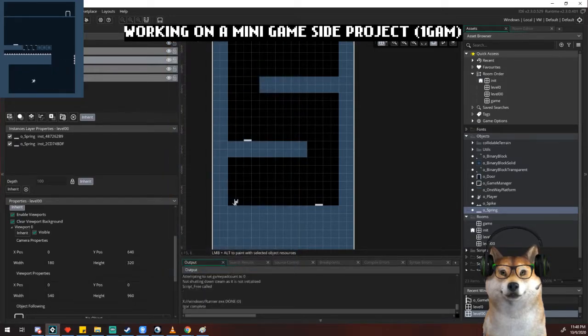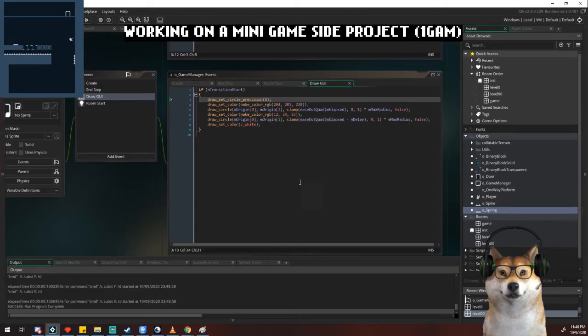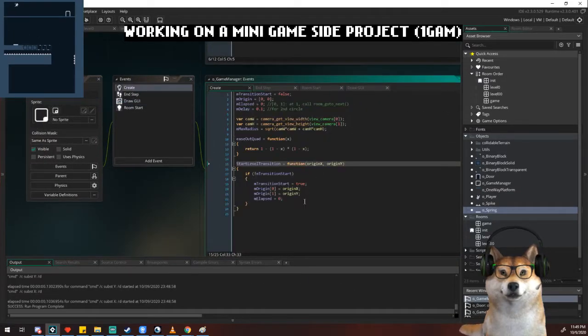Let me do the transition in first. I have a transition out to the next level, but I need to transit in from the previous level. So